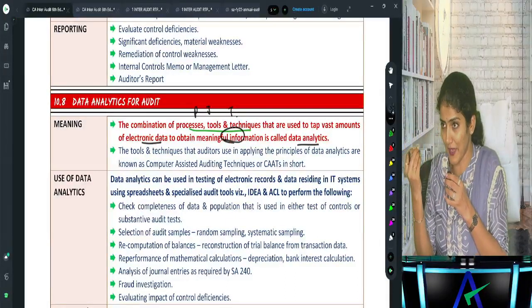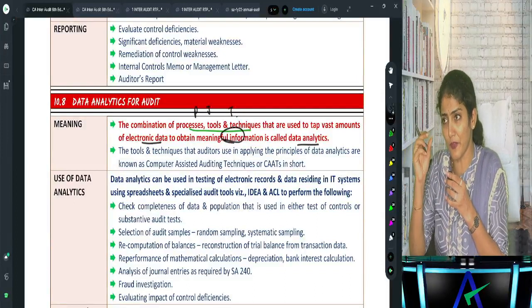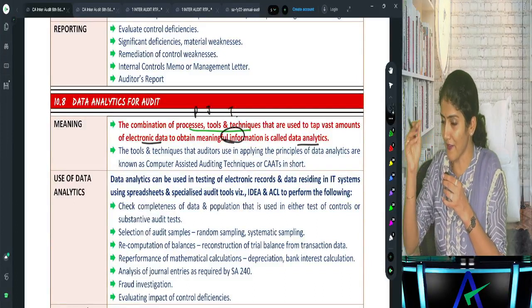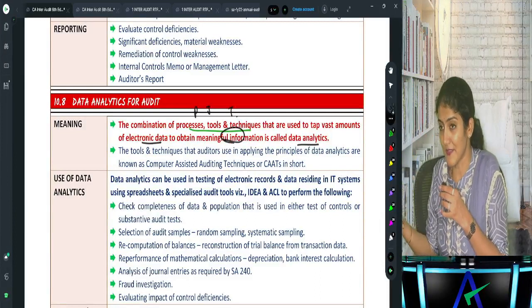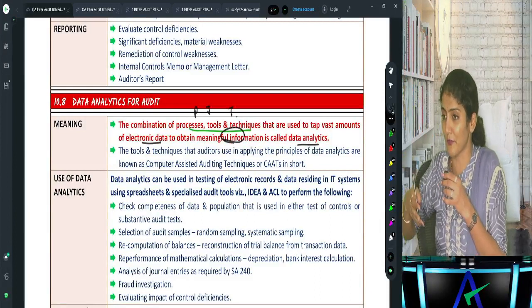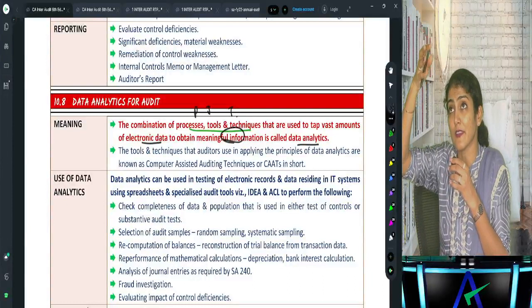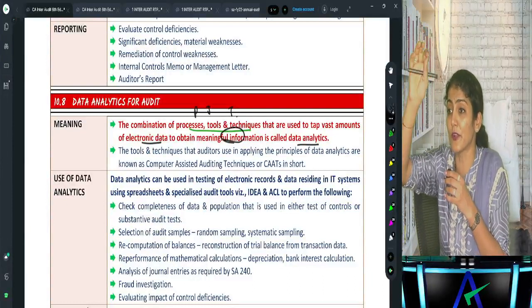And whenever I read this, to generate meaningful information from raw system data, I think, have you guys used Microsoft Excel? Do you know how to put a filter in Excel? Ctrl+Shift+L is the shortcut for putting the filter. So if I have the total fixed assets of the company or total sales of the company, and I only want the sales in the month of August, I have to put a filter over there.